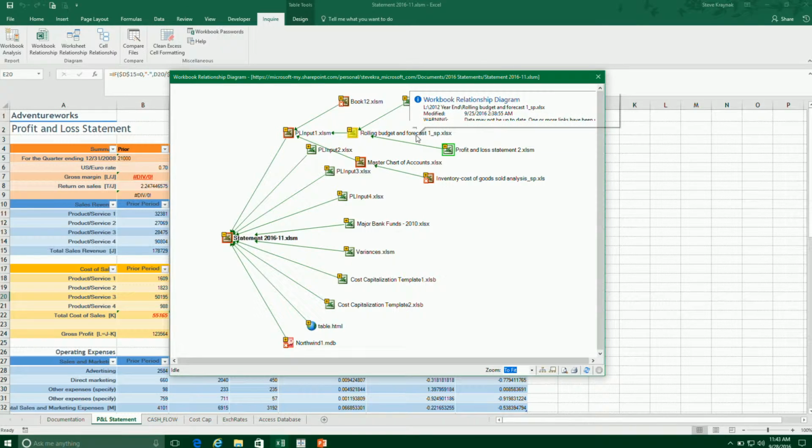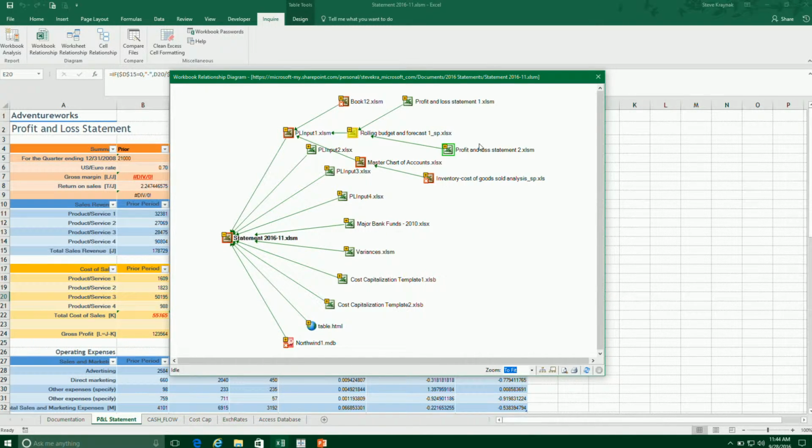Another thing you can see here, this one icon that's shown in yellow is interesting. This gives you the indication that the data may be out of date. So a lot of people think that if you have linked workbooks and you update one of the upstream workbooks, that the data is magically going to flow down and end up wherever it needs to go. That's not really the case with